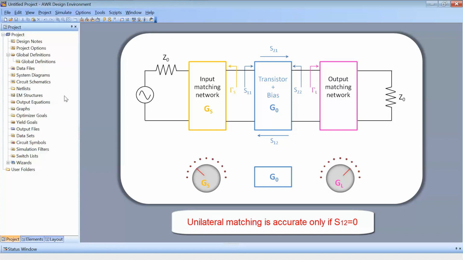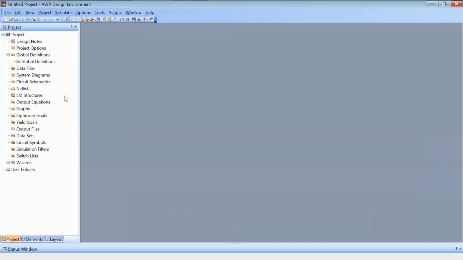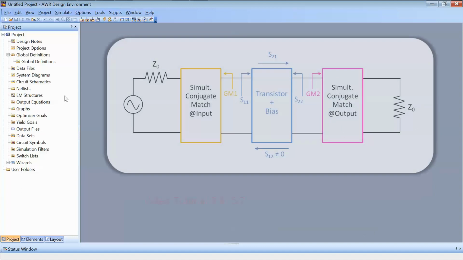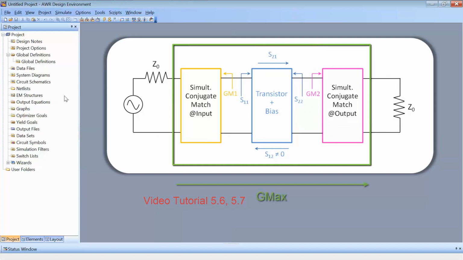of the transistor. In our tutorials, we saw that when we use this technique with a transistor, when the S12 is not negligible, we end up having to go through a process which may involve several iterations in order for the right specifications to be achieved. Because of the inaccuracy of this technique, when the S12 is not negligible, we moved on to a different technique called simultaneous conjugate match, which is an exact technique, and it allows us to achieve the maximum small signal gain